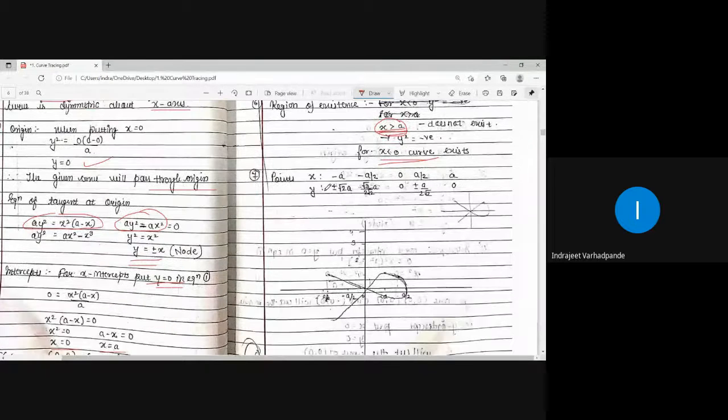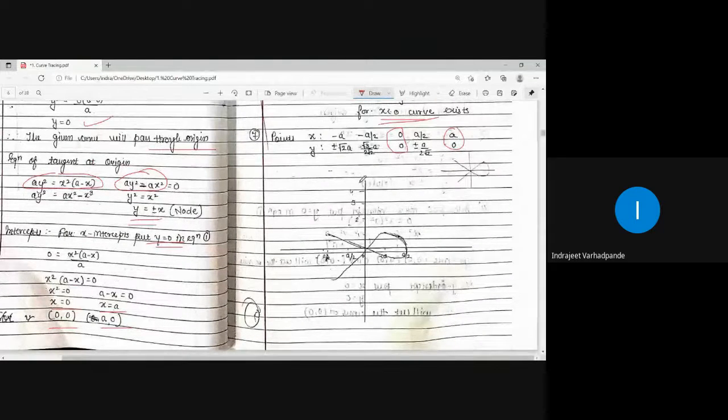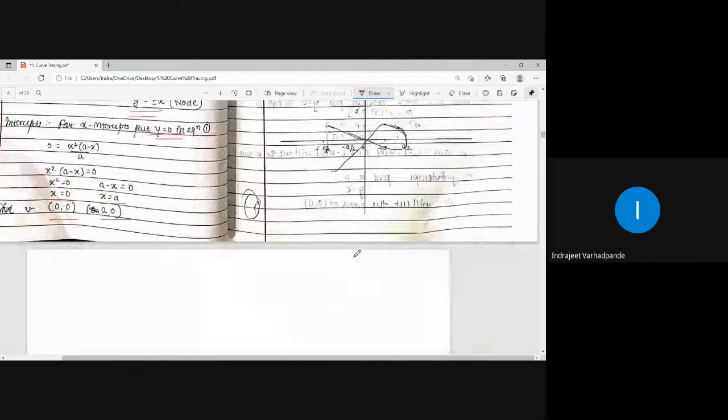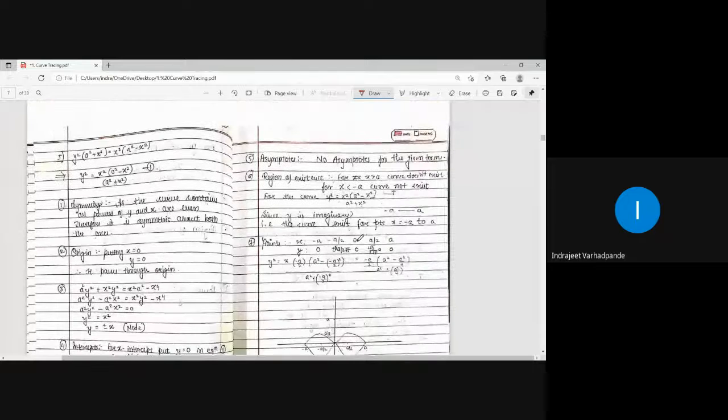So therefore the points are taken as one coordinate. What we have got is 0 comma 0 and a comma 0. Take some negative values, some positive values till a, and appropriately try to find out the answer. So accordingly, when you plot the points, you will get the node. Node means this is particularly the curve which is tangent at the origin, and accordingly you will be having the figure in this way. In the earlier question, I think the figure was like this. Okay, so accordingly you get this particular answer.